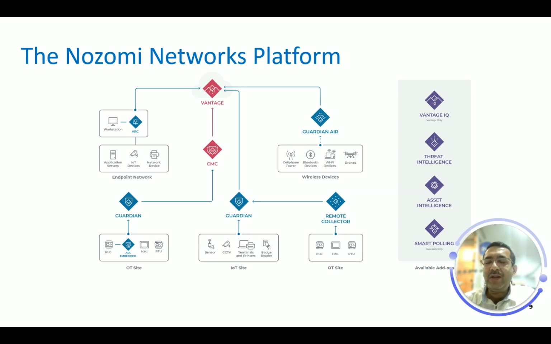So as you can understand, there are endpoint agents, there are appliances as an IDS, there are remote collectors, there is a centralized engine, there is Guardian Air for the wireless, and there is also a cloud-based platform. I am giving an example for one of the specific products, but as you can understand, in this domain there are multiple products like Nozomi, Kaspersky Kicks, Indigi, Tenable Indigi, then